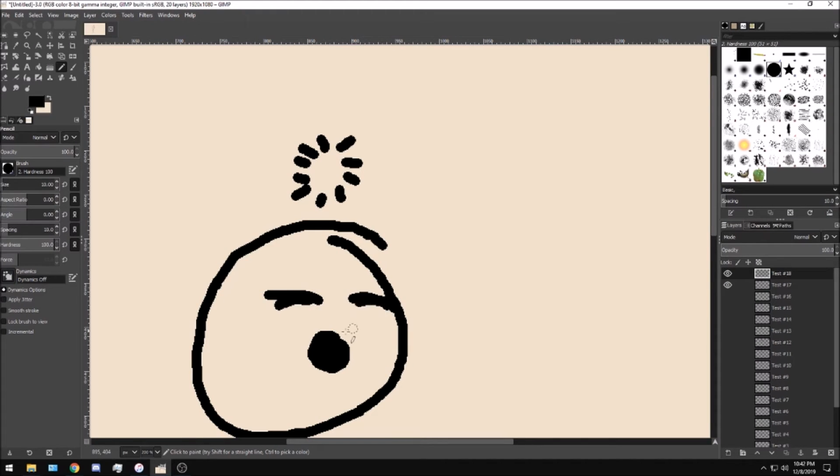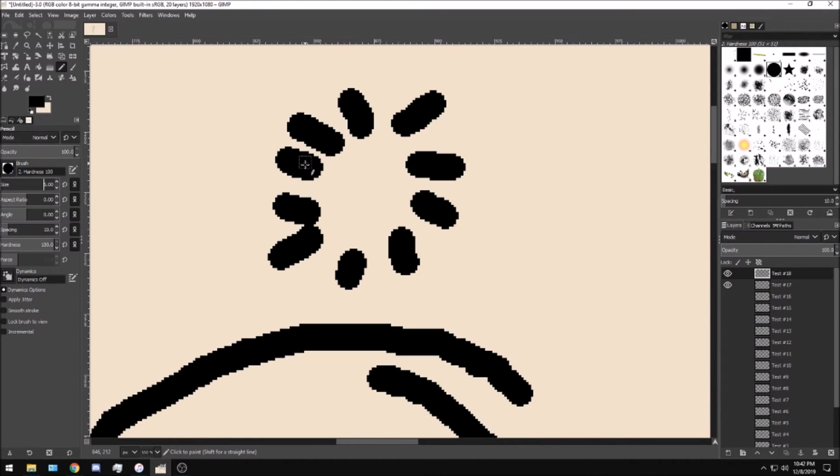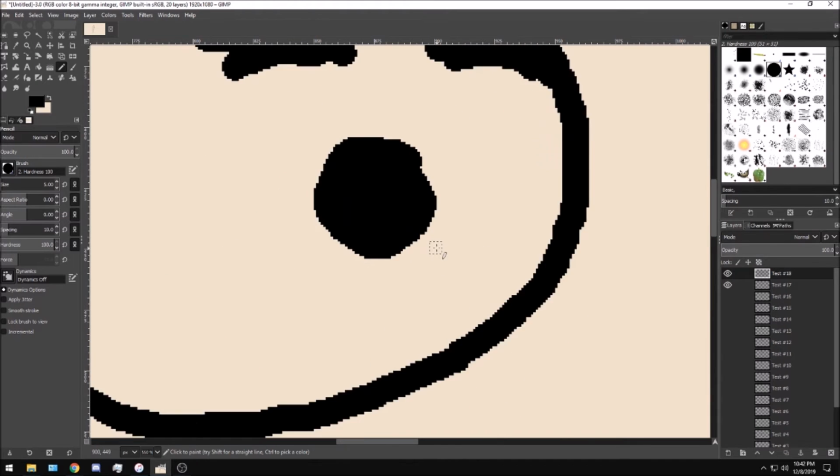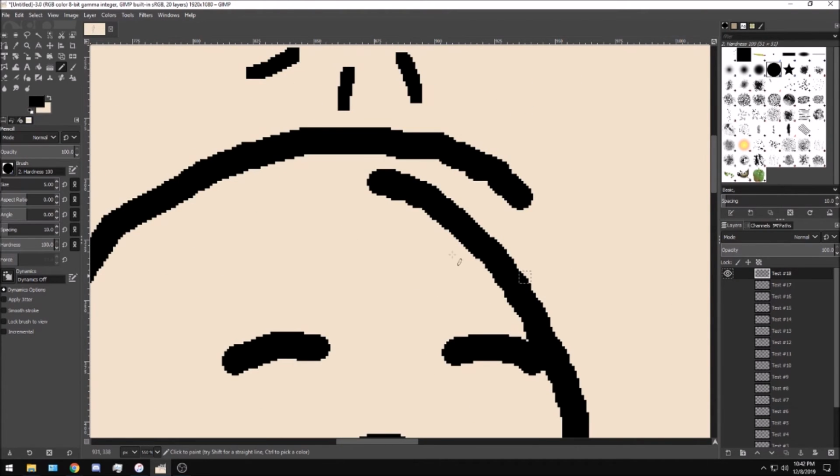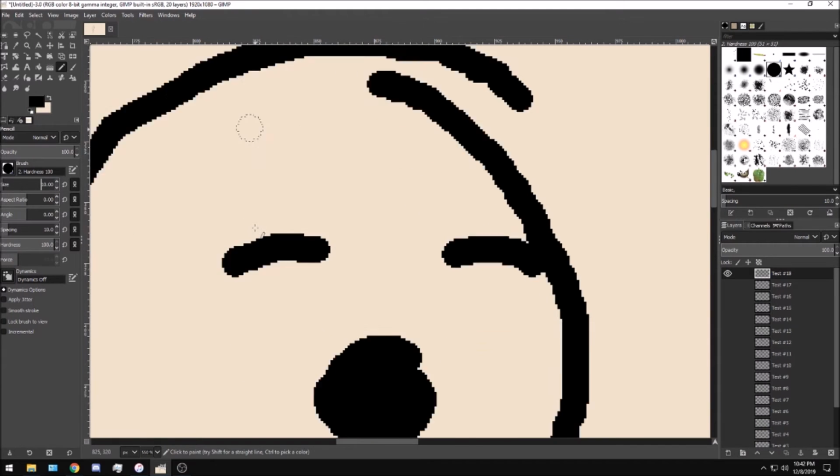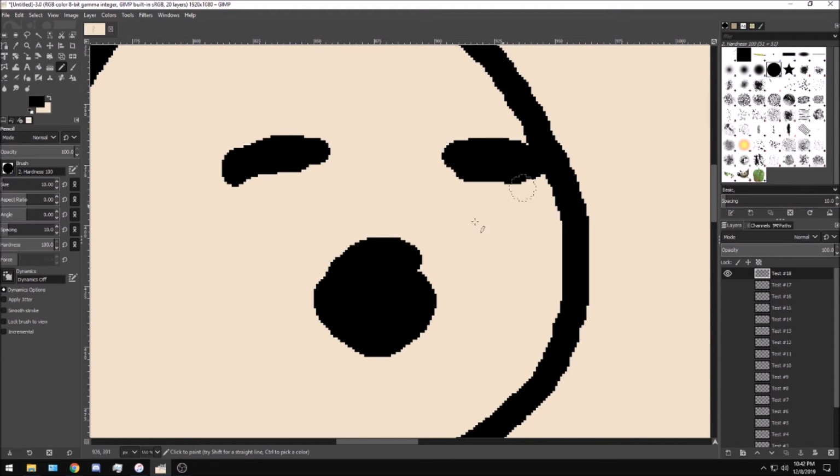His eyes are getting big, so you can shrink them again. Mouth stays the same. For this stuff, you're going to want to start getting a smaller brush. I was at 10, now I'm going to be at 5, and we're going to start moving this outwards as we make everything smaller. This is a trick that I learned while making my only animation that I have on this channel. And then we go back to 10, and we make all of our stuff move again, and we mouth, and